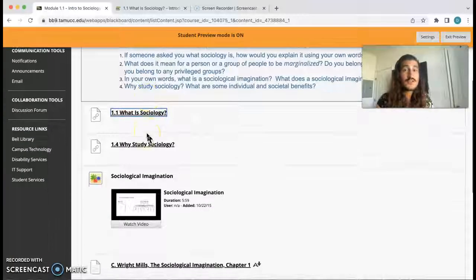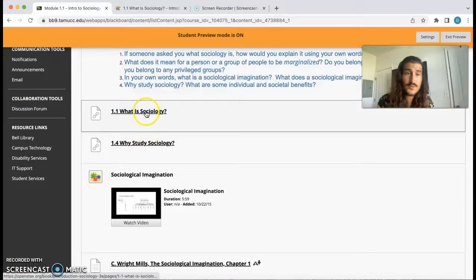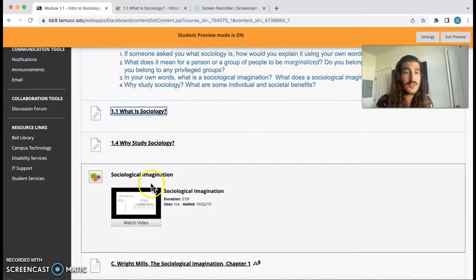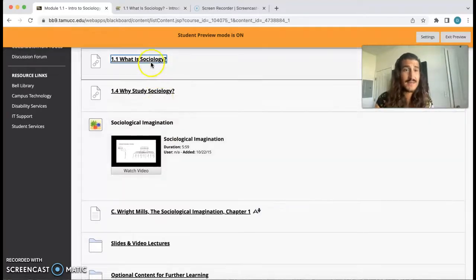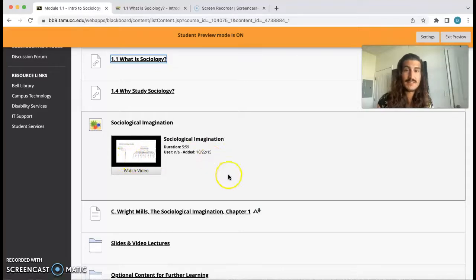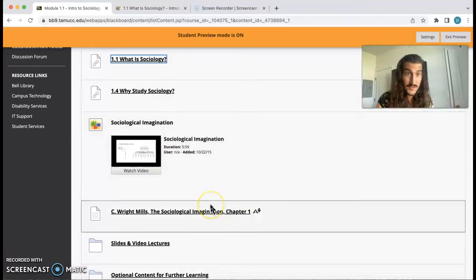So in the module folder, I would recommend you work through the content within each module, clicking on each link in the order that I list them. There is a method to my madness. I organize things in a way that I think is going to be beneficial for your learning. You'll see that it's a combination in every module of both readings as well as video clips. I believe in multimodal learning, which means I know not everyone learns well simply from reading. Other people, like myself, learn from listening and hearing things. So I do incorporate a lot of video clips as well.